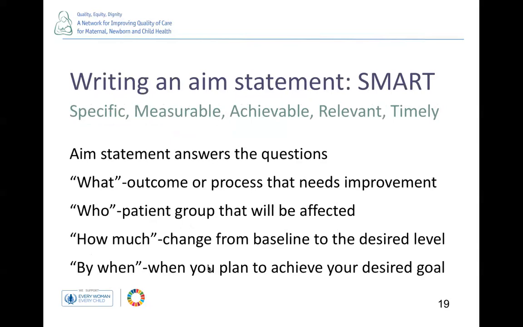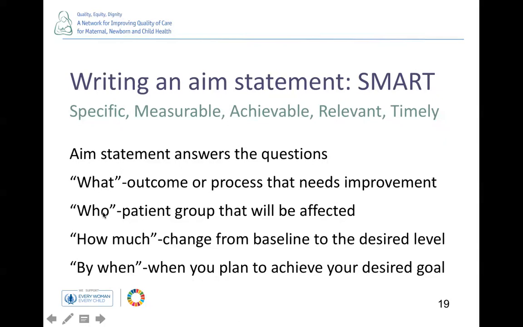Now we have learned how to identify a problem, how to prioritize, and how to select the team to address the problem. And once the team is formed jointly, we need to develop a precise aim statement that clearly states what needs to be achieved, and it should say clearly what needs to be improved,